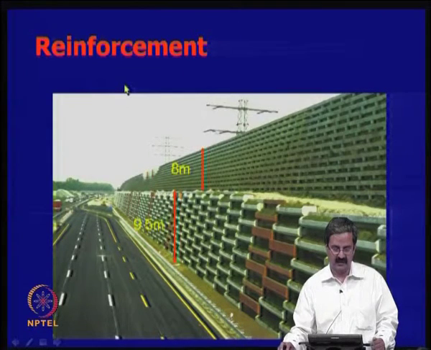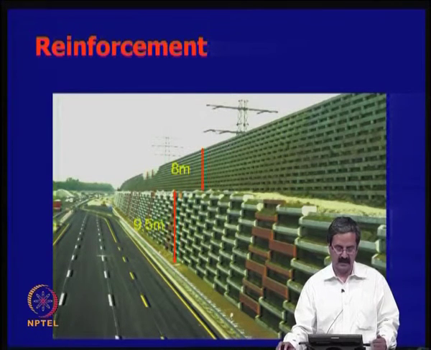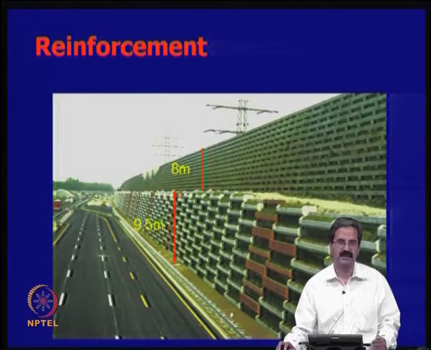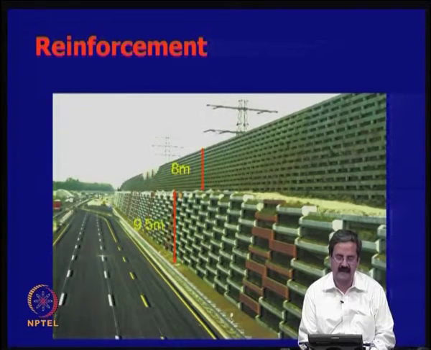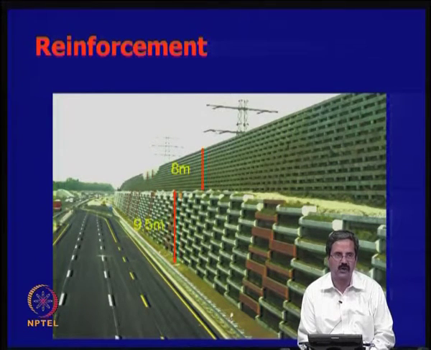This is a high wall. You can have a 9.5 meter high wall, and again an 8 meter high wall. In fact, the total height in this case is about 17.5 meters, and conventionally for this type of height, like 17.5 meters, you would only go for a counterfort retaining wall, which is very expensive. If you want to go for a 17.5 meter retaining wall, the base width could be about 0.3 H, which is about 4 to 5 meters.